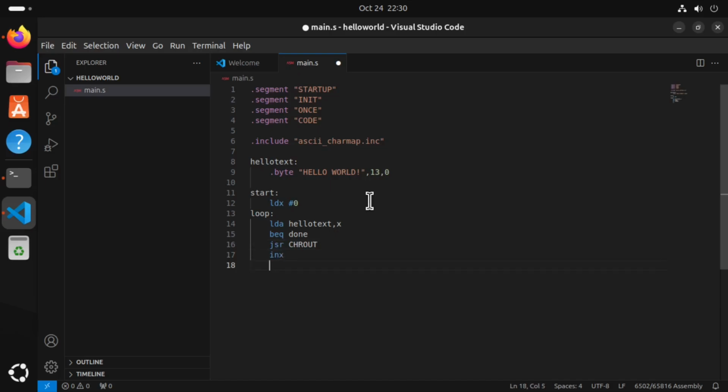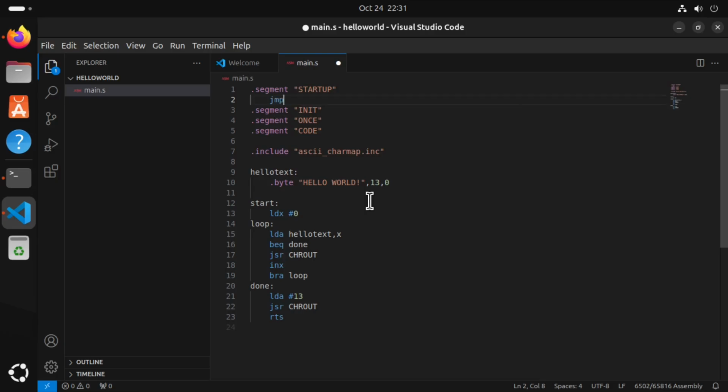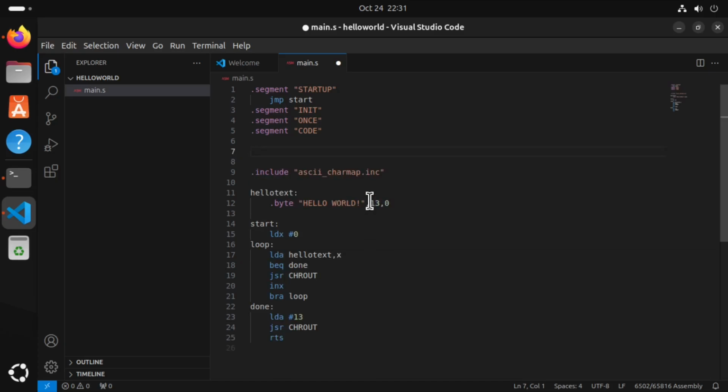As an aside, one may argue that constants like our Hello World string belong in the data or RO data segments, but it will still work fine being lumped in with our code. In this example, we placed our string constant before our code, therefore we have to jump over it to our start label. This is what the JMP instruction is doing in the startup segment. In this example, we're using one kernel call, chrout. Normally, we use an include file with all of the API call names, but for this simple program, we'll just define the one we need as a constant. Don't worry if you don't quite follow what is happening here in the assembly code. This is just an exercise to verify that everything is working as expected at this stage.